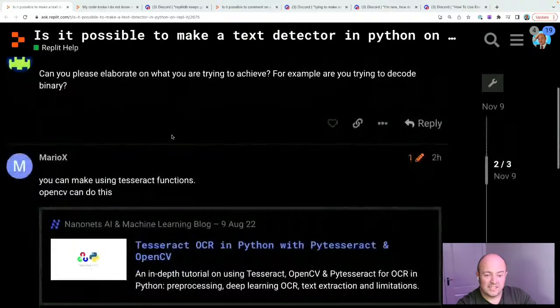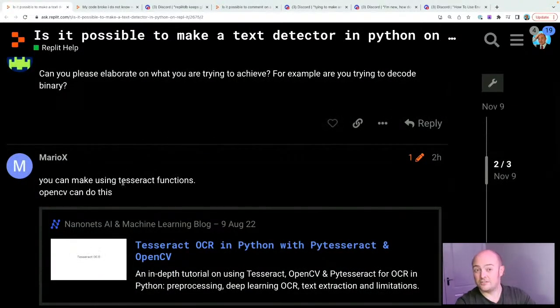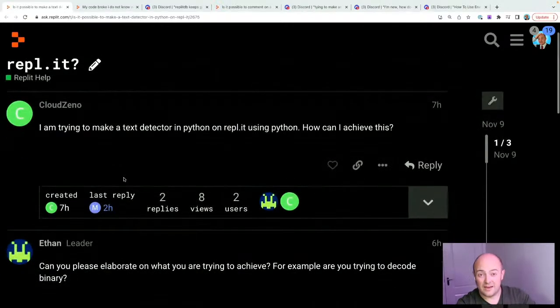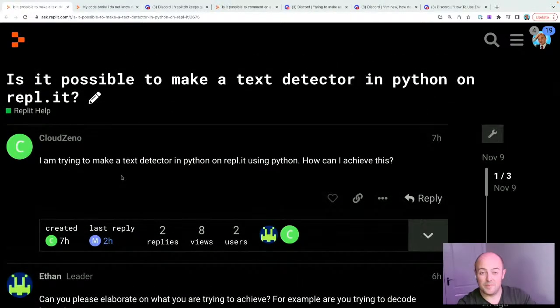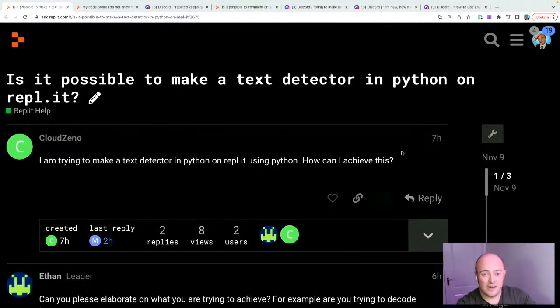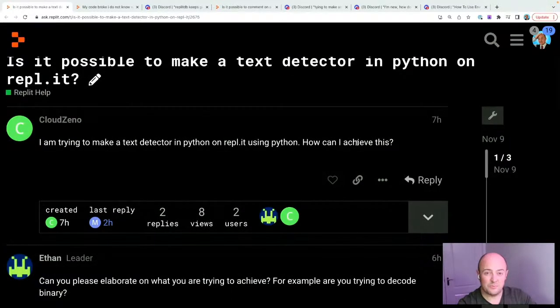The other option is exactly what Mario is thinking here: do you mean OCR? Do you mean optical character recognition? You take in an image and you identify and pick out the text. Well, yes, and there's a bunch of tutorials for that. Replit's really good as a testing ground to build versions and programs like that as well. So here is a very wide open generic question, and there are a lot of points to it where you have to go, we just need more information.